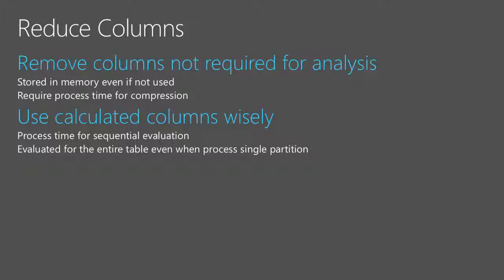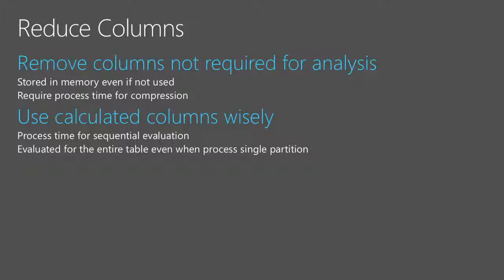If we have a column that contains a timestamp, or the user that made the last change to this row, maybe we don't need this information in our analytical system, and we can just remove this column, because by removing a column, we save space. If you know how the tabular model works, you know that you can create calculated columns, which are persisted in memory, with a calculation already done by the engine at process time. However, storing a column could be expensive, depending on the number of unique values that you have.